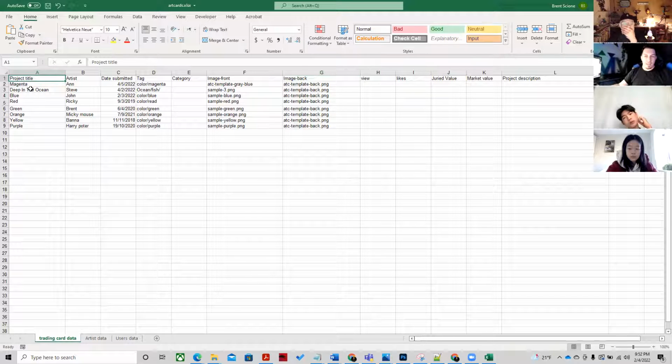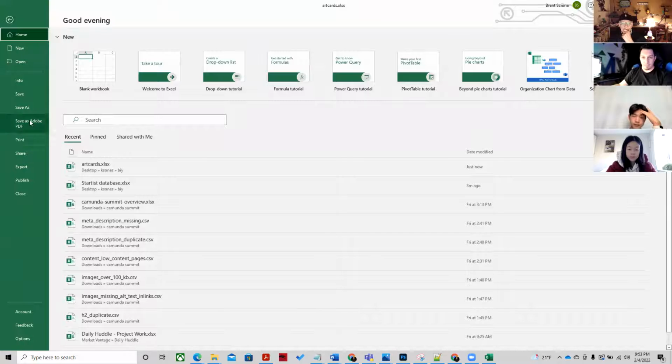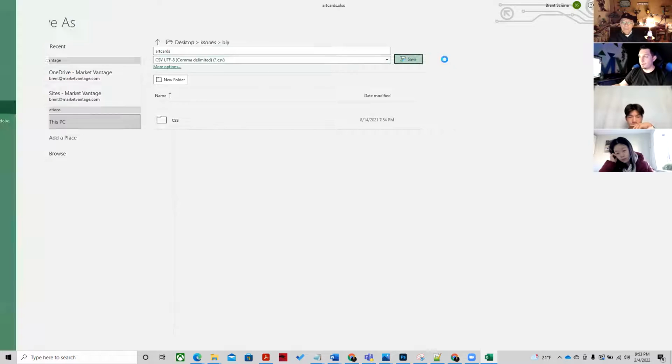So I'm going to try to export this just to see if it will grab the right data. But if we wind up with some empty columns on the end, I've sometimes used Google Sheets just to clean before I make a CSV, but I think it should be fine. We'll find out together. Okay, so CSV, art cards in the same folder, save,